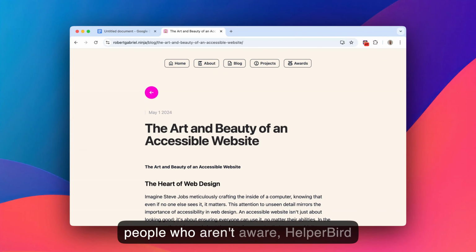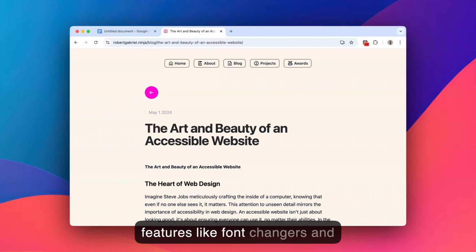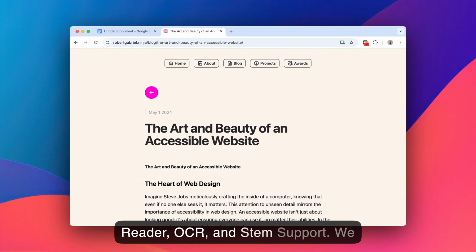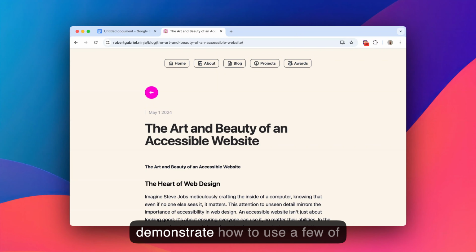For people who aren't aware, Helperbird is a browser extension that allows users to customize web pages both for reading, writing, and accessibility needs. We have very common features like font changers and text-to-speech, and we have some amazing features like Immersive Reader, OCR, and STEM support. We have a variety of different features for everyone, and today we're going to demonstrate how to use a few